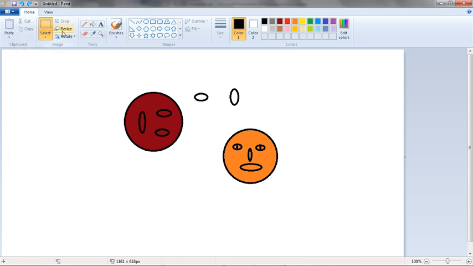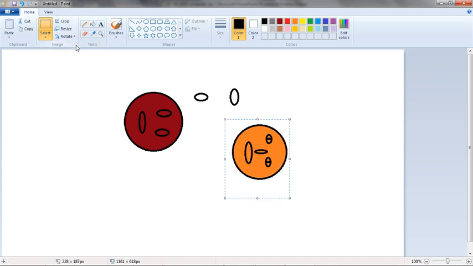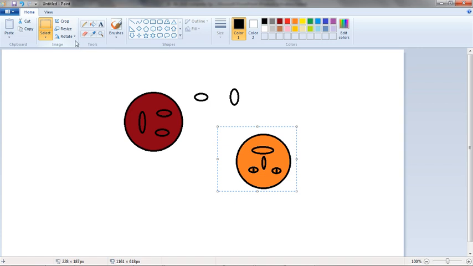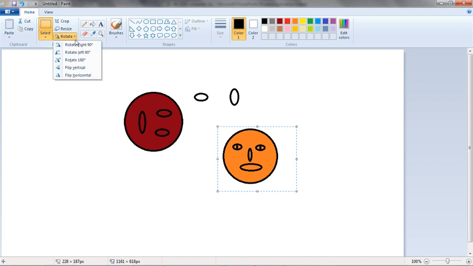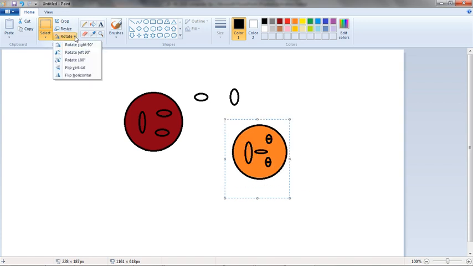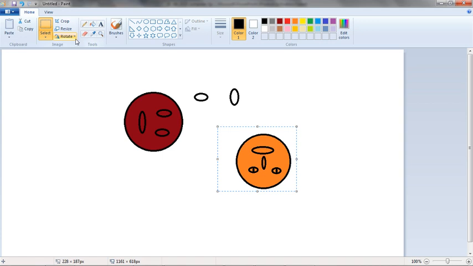First you select the picture, rotate, selection, select the picture, then now you give the option for rotate. See, the image is going up, down. Let's rotate 90 degree right, 90 degree right, 90 degree right.